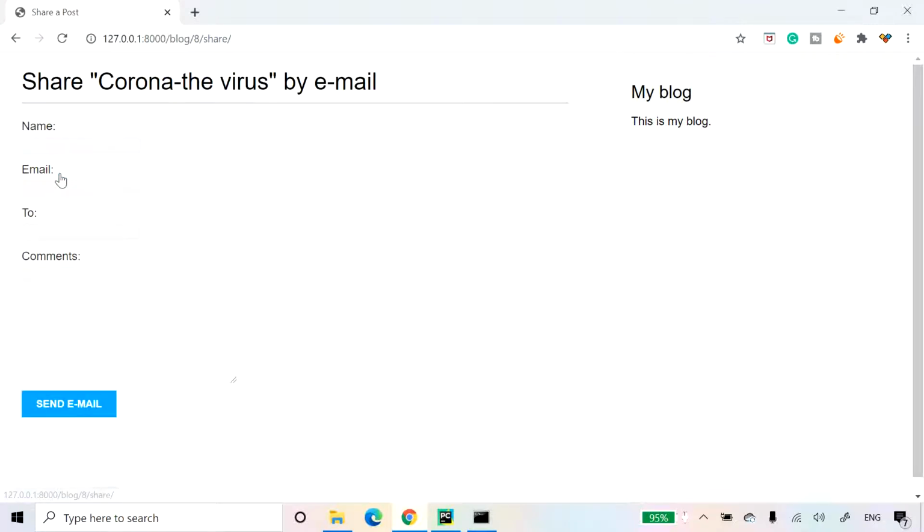So as I click here, I got name, email, to is for receiver and the comments we can give over here, and thereafter we will send email. Here we have used CSS styles for the form which I included in the code. So let's fill my information.